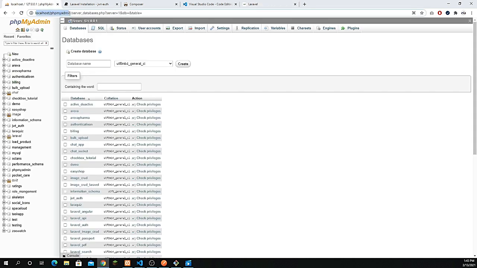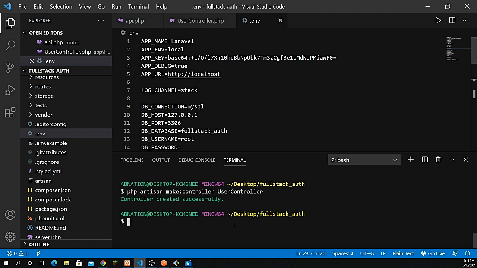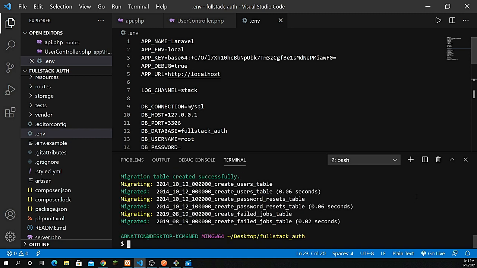and if you have opened up your database by simply going to localhost/phpMyAdmin, let's create a new one, and I just give it the database name which I have already defined in my .env. I don't need to create the custom table, so we can run it by the help of migrations. So let's migrate the table. php artisan migrate,